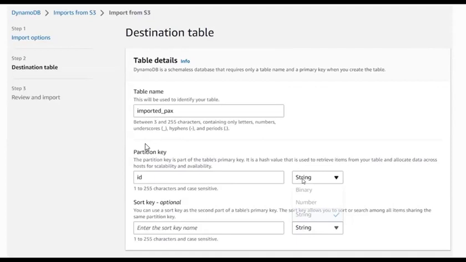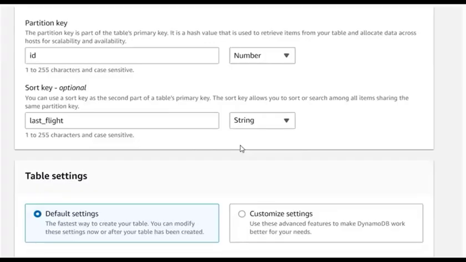Now I'm specifying my partition key as ID. ID is actually a number. It's not a string. So I need to specify the data type. This is the data type. So you just click here. You can see an option, number, will appear here. You just click on number so that ID will be selected as number type. Now you can see I just specified my ID as a number, and I want to specify my sort key